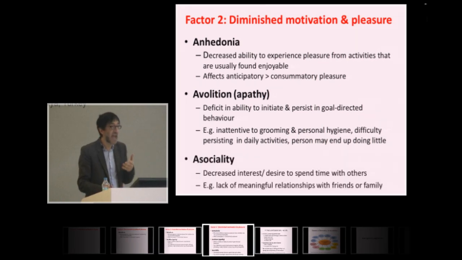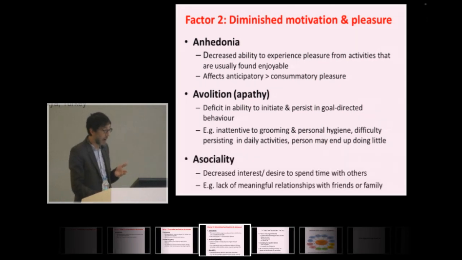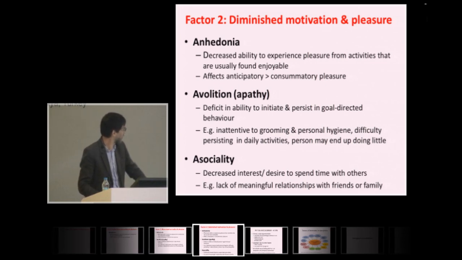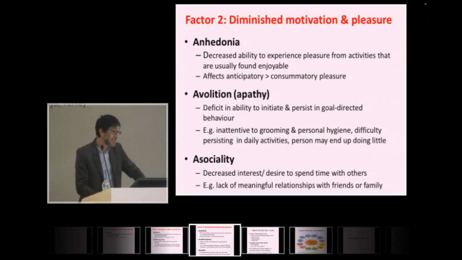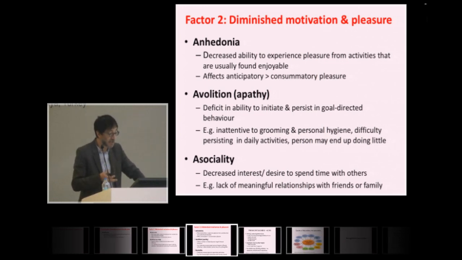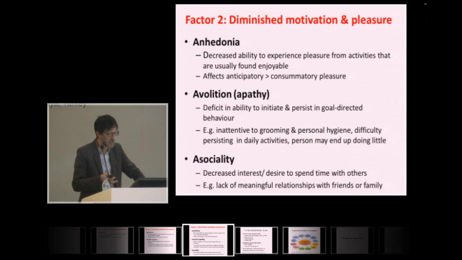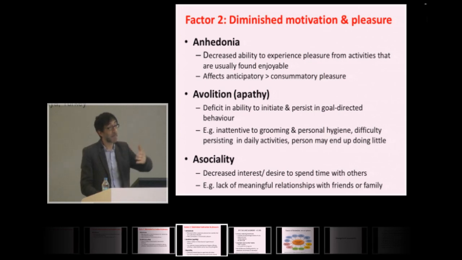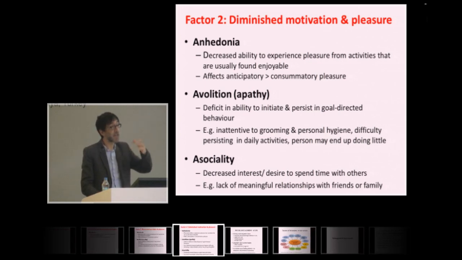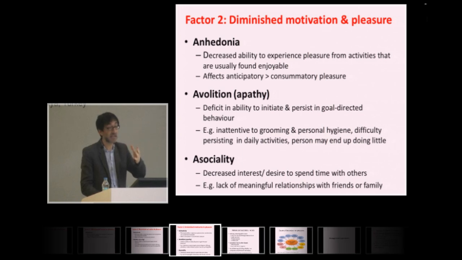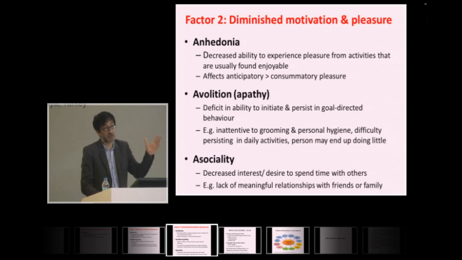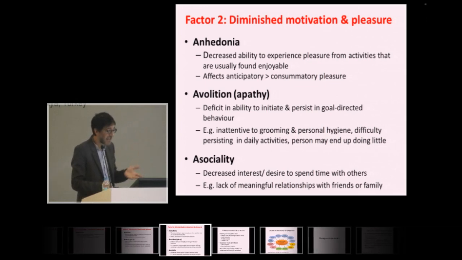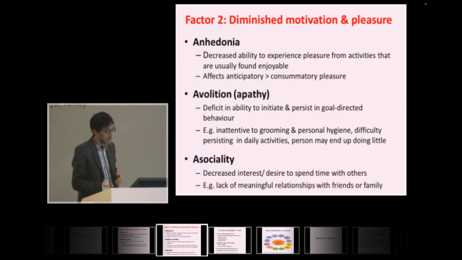And then there's this asociality, and this ties in quite nicely with the rat model that Professor Joe Neal showed you. There's a decreased interest or desire to spend time with others. So people don't see the friends. Often when family members come and see me, they'll say the relatives came to stay at Christmas or Easter, and my son just stayed in the bedroom. He didn't want to come down and have a family meal. See, this is another key negative symptom of schizophrenia.